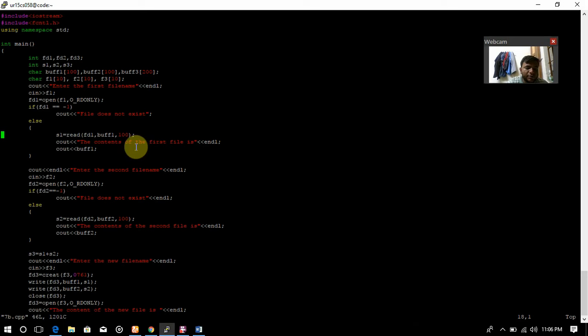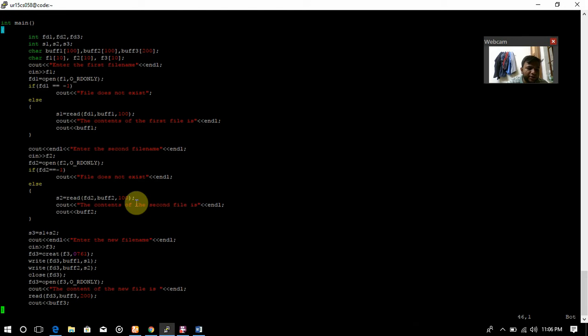and the content of the first file is printed. Then it will ask the user to enter the second file name, it will take the file name, and again if it is equal to -1, then it will print file does not exist, else it will go to the else part, that will read the content of the file, then concatenate, so s3 is equal to s1 plus s2, both the contents of the files will be concatenated,